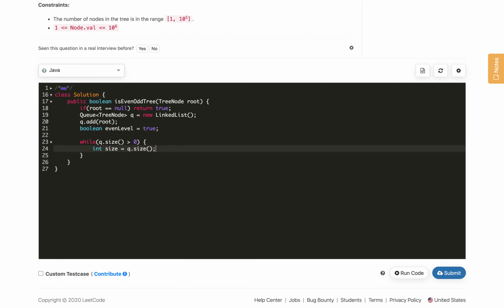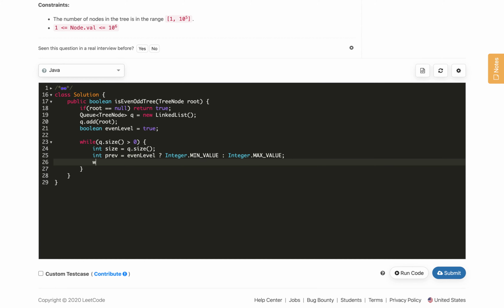So this is how we process level by level. The prev value is based on the level. If it is an even level, then we will initialize it with Integer dot min value, and in case of an odd level it should be Integer dot max value.